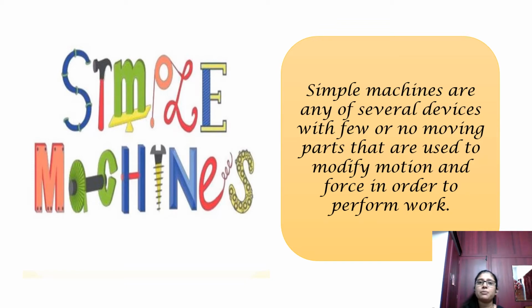When you take the laptop, you have to open it. So one of the parts gets opened, isn't it? That is a moving part. It can be moved. But there are certain machines that cannot be moved. Now, don't feel that big machines are very heavy, so they cannot be moved. Not like that. Simple machine means it is only one machine. It doesn't have any other different parts. Either it will have one or two parts or no parts at all. So that is what a simple machine is.